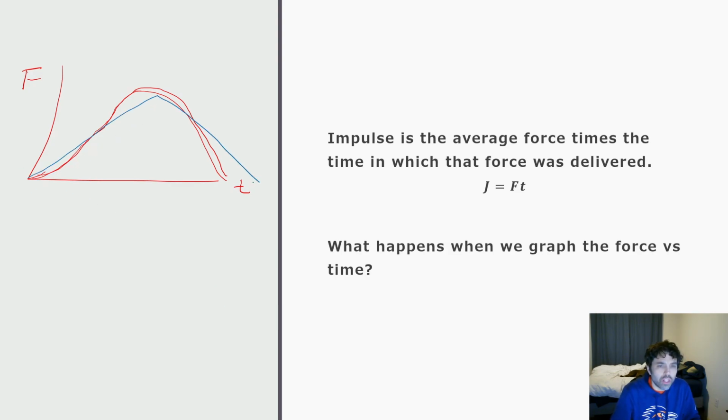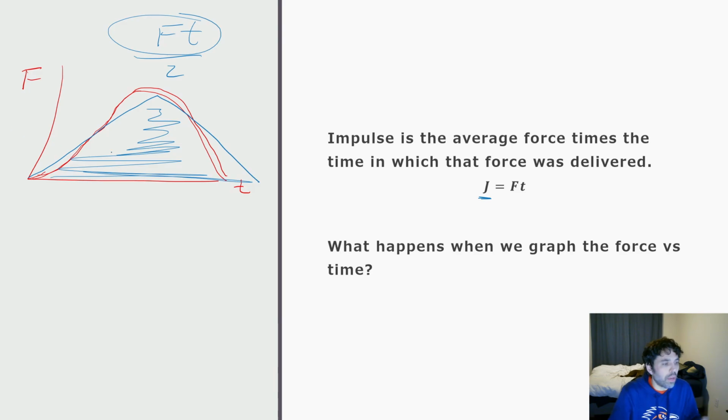Something like this, right? Close enough, okay. And we can say, okay, well, all this area here, this area would be the height, which is force, times time, the base, divided by 2, right? Because it's a triangle. And then whatever that is, isn't F times t impulse? So the area under the curve of a force time graph is impulse, or we sometimes say change in momentum,